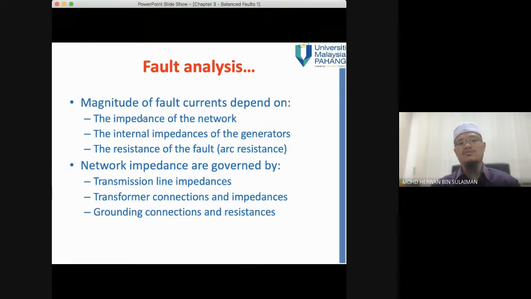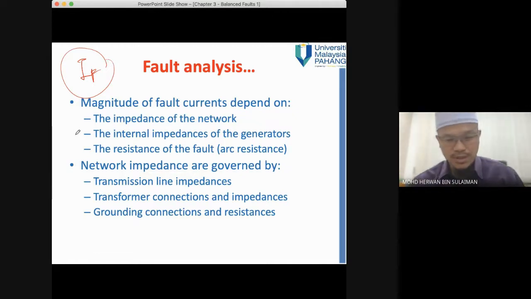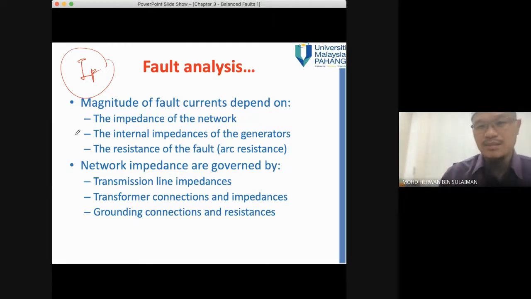So, and then the magnitude of fault current. So basically in this class, we want to find the fault current. Ada system, tak kisah interconnected ke, radial ke. Okay, radial normally we refer to distribution system lah, or ring ke, and then what happen with fault berlaku dekat satu tempat, kita akan calculate fault current part tu lah sebelum,